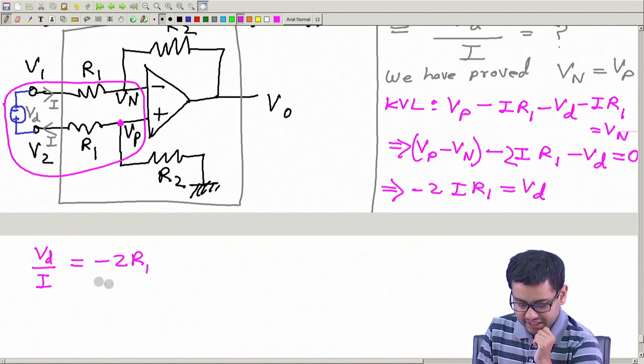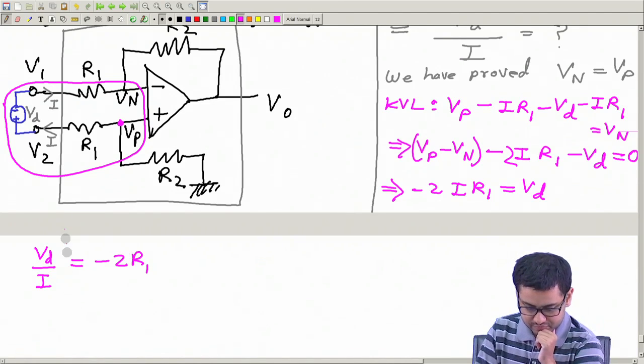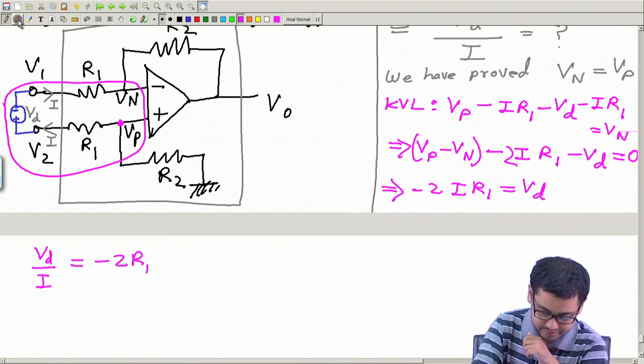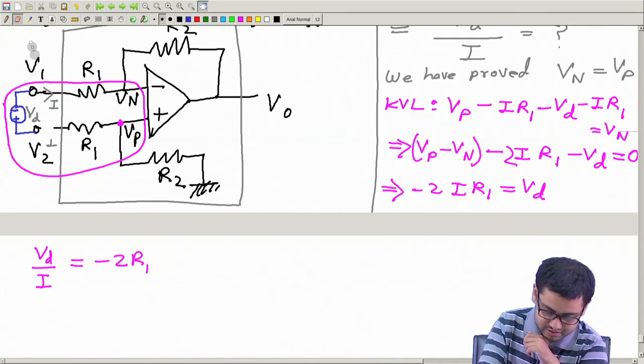This minus sign is coming because I have chosen I in this direction. Okay, I should have actually chosen I in the opposite direction, because